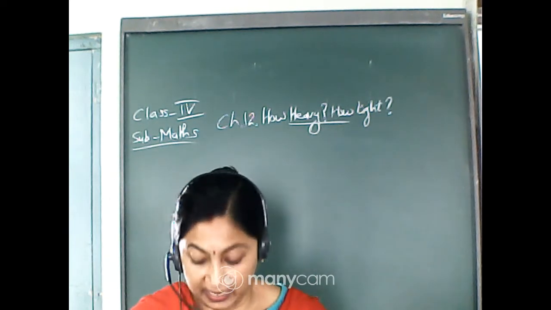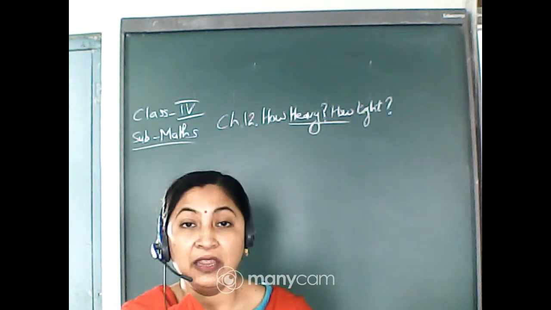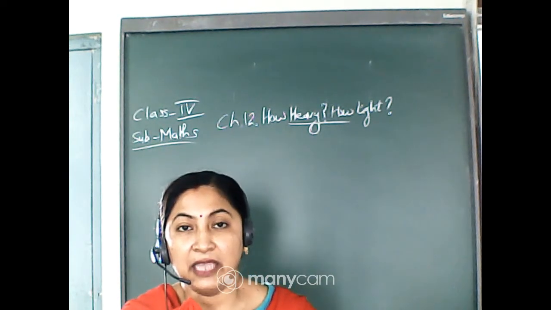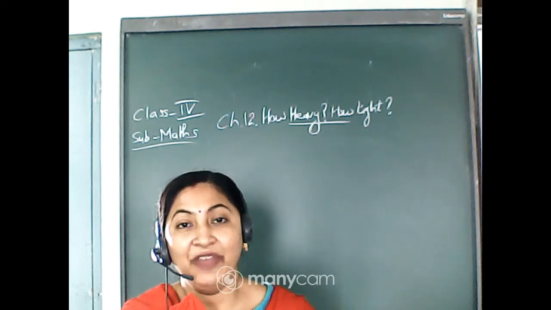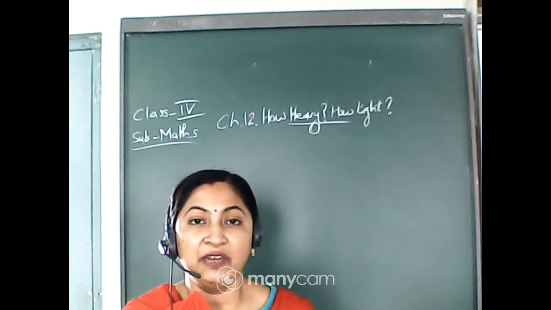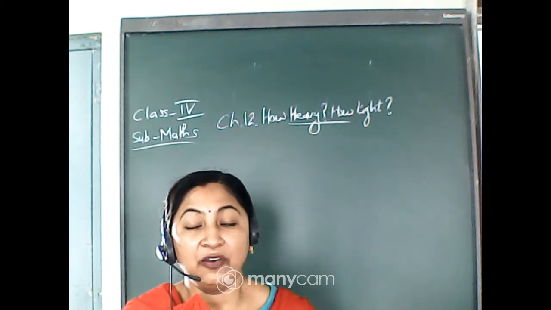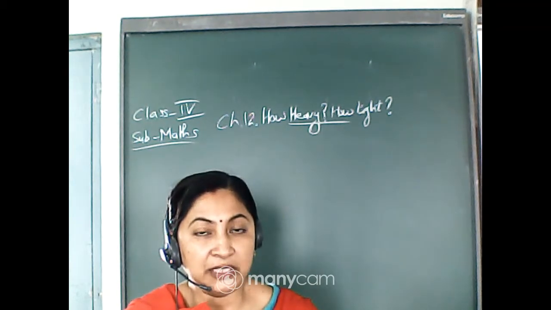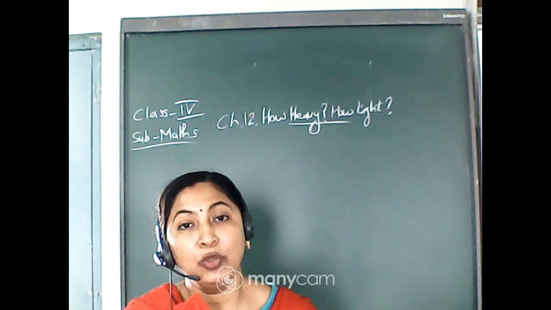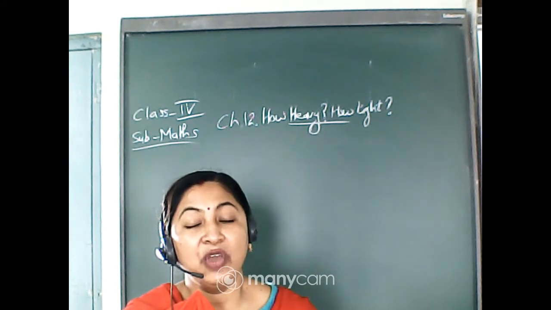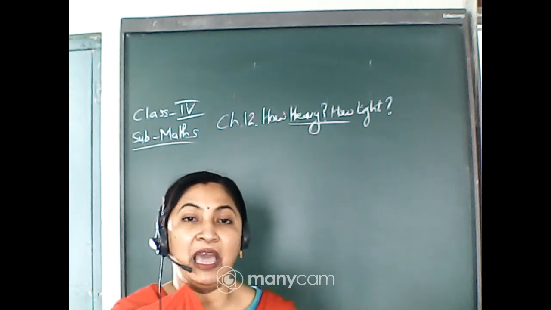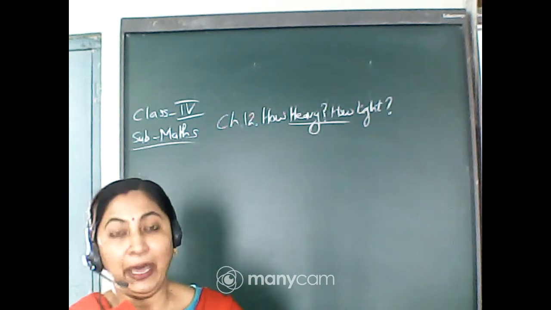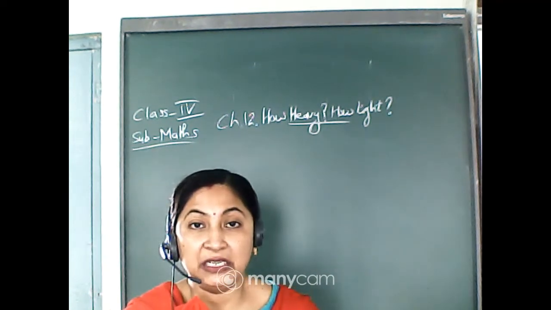And after that, on page 137, the balance was given, and in the balance there were weights. You have to add those weights, and then you have to tell which pan will go down. As you know, the heavier pan will go down, isn't it? So you have to add both sides of the pan, find out which one is the heavier one, and where you will draw the arrow. This was for page 137.